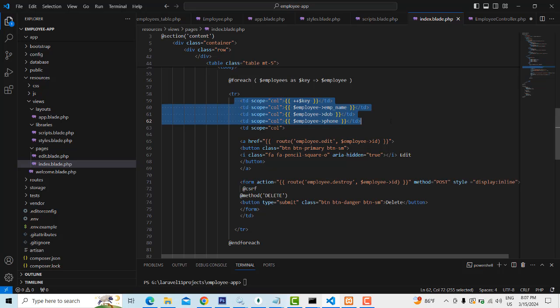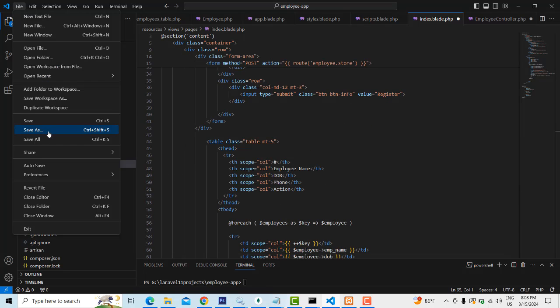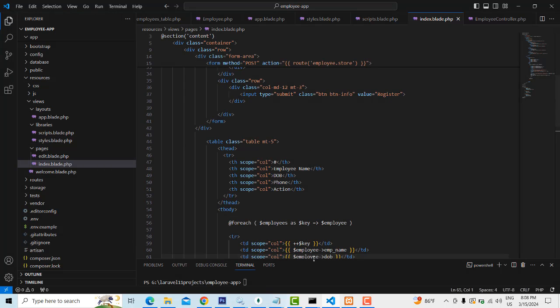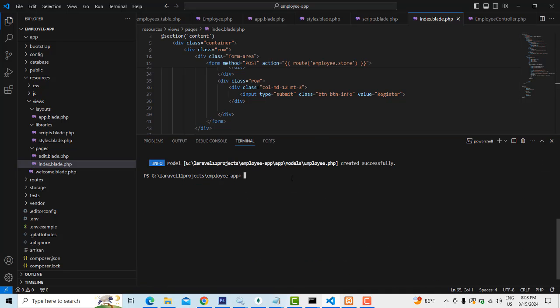After that, this one way we have display, right? After that, we have edit and delete operations. So before that, what I'm going to do is file, save all. I'm going to run the project and see whether it's working fine or not. All the things you check. PHP